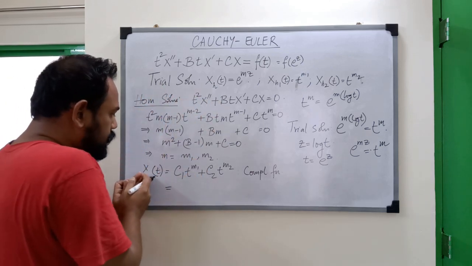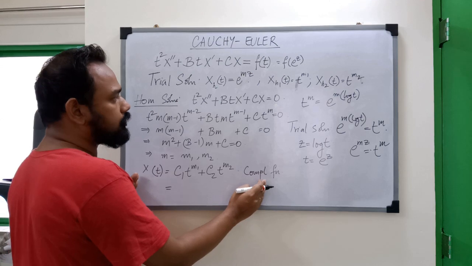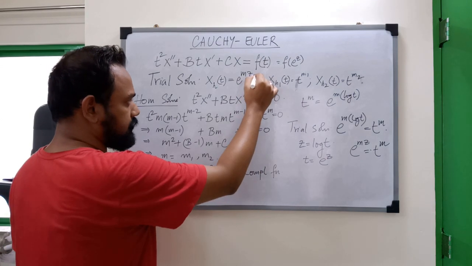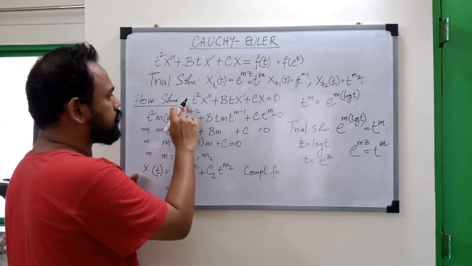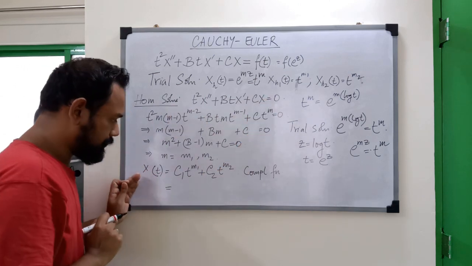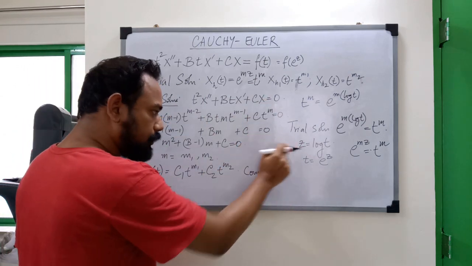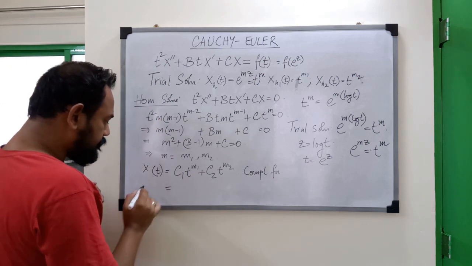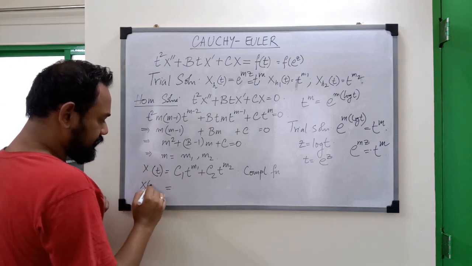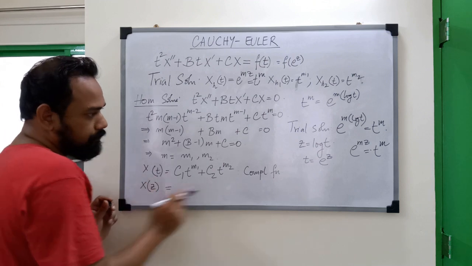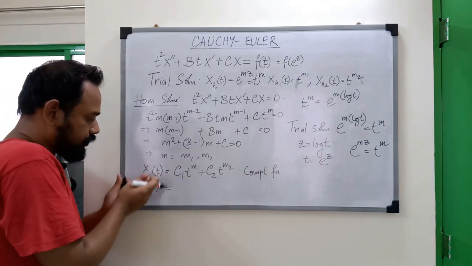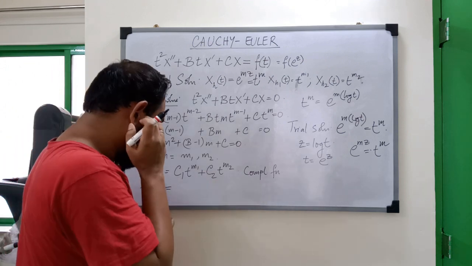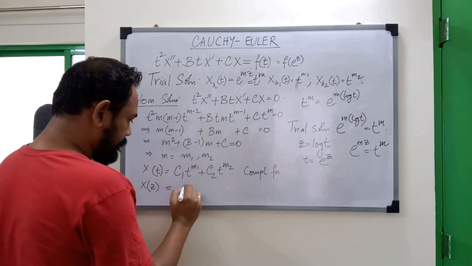If I want to see, this was the complementary function. This is actually t to the m. They're the same. But this is the complementary function of this homogeneous form. In terms of this new variable, if I look at x now as a function of z, because t can be expressed as a function of z, how will this look? This will look like